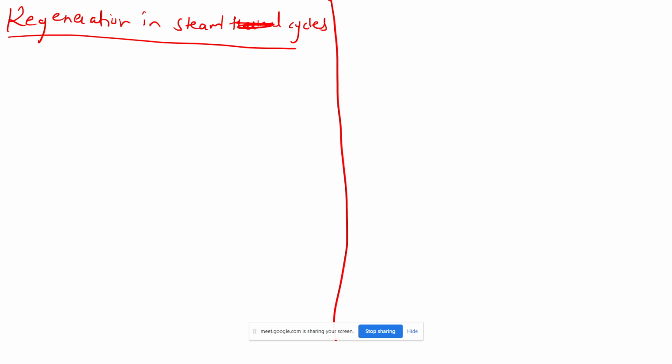Can anyone tell from the previous? This is, by the way, also one method of improving the performance of steam cycles. Okay,